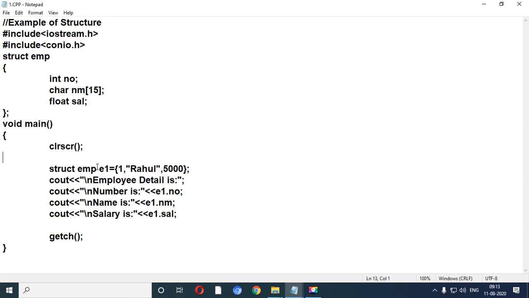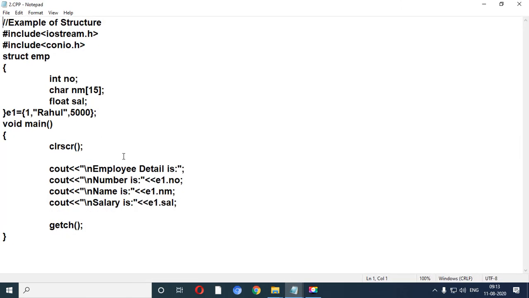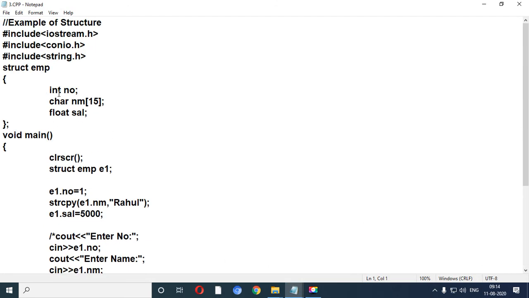In our second program, you just need to cut this line and paste it over here, and you need to remove these two keywords. See, this is the second program. Only changes would be in this line, and then the third program would be of structure.